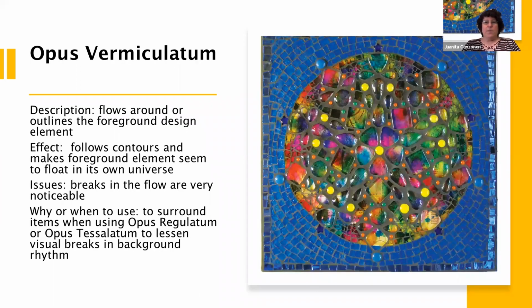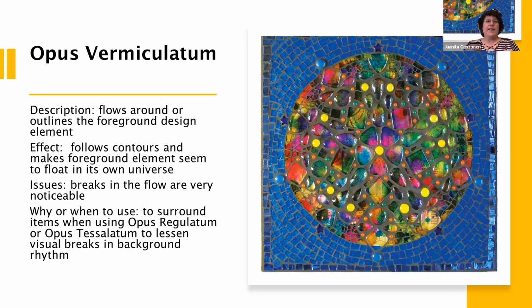The next one is Vermiculite. If you look at the background, the foreground is all over the place, but that's not what we're looking at. In the background, kind of like Tesserae, it creates a strong line in one direction and then not in the other. It gives the feeling that the foreground design is kind of floating in its own universe,